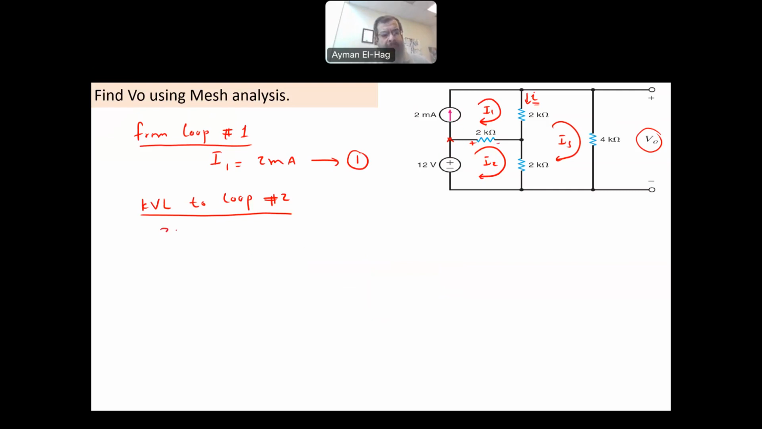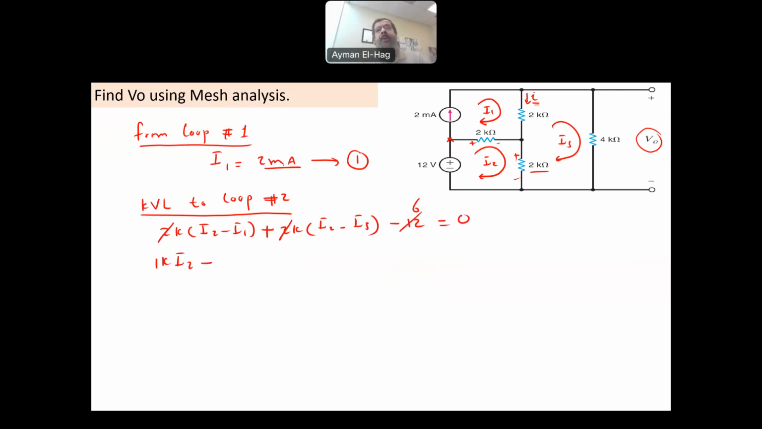So we will have 2K times (I2 minus I1), plus the voltage here, 2K times (I2 minus I3). I3 is the current in the opposite polarity. Then minus 12 is equal to 0. I can basically divide everything by 2. So we'll take this 2 out, and this becomes 6. Now, let me open the bracket. So we have 1K I2 minus